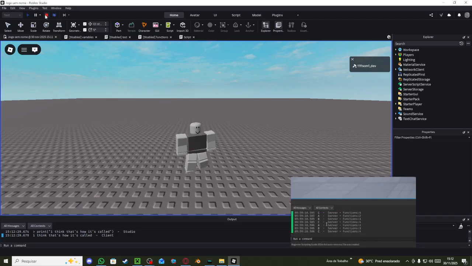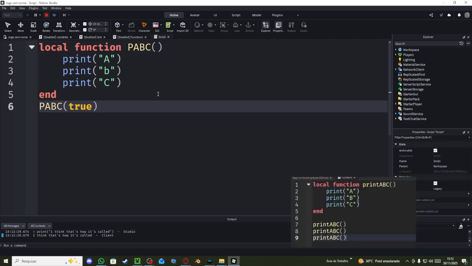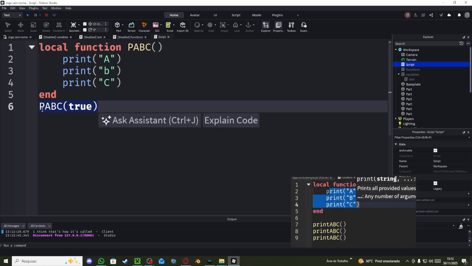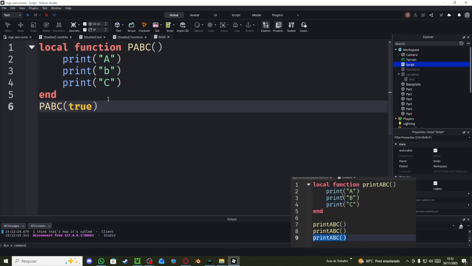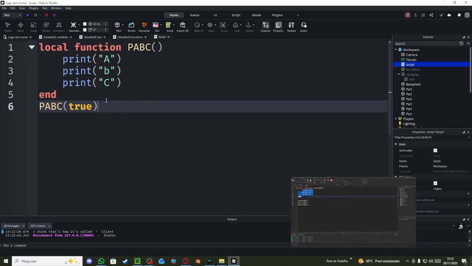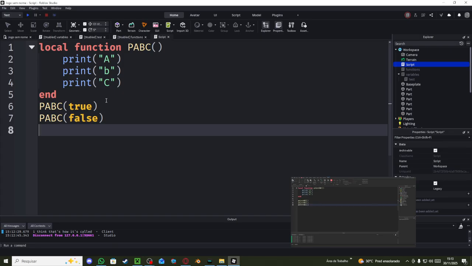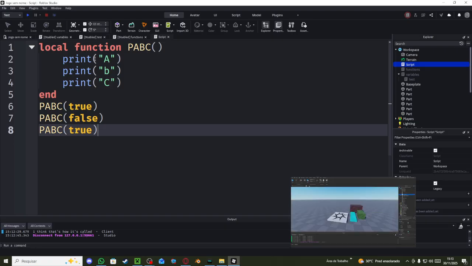ABC being repeated 3 different times because we called ABC one time, which is going to go through ABC, and then it's going to do the same thing again with ABC, and then finally do it one last time, which is A, B, and C. So I hope you're able to understand how these functions work and how this is going to be useful inside of future episodes. So that's pretty much going to be it for the introduction to functions.